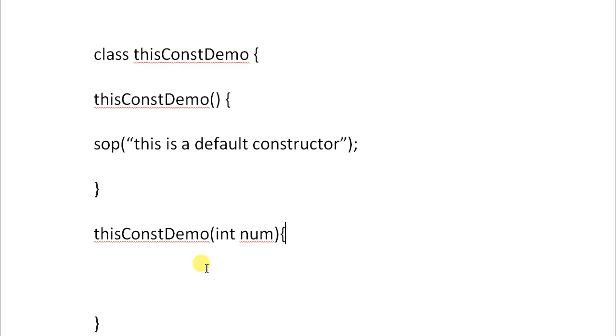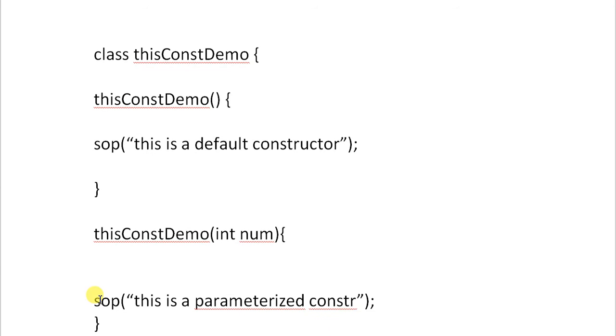Now what is the job of the parameterized constructor? Let us say the parameterized constructor also contains one print statement. I am using SOP, please consider it as pseudocode. So this is a parameterized constructor. This is the print statement, and by using this keyword we are going to invoke the default constructor inside the parameterized constructor.